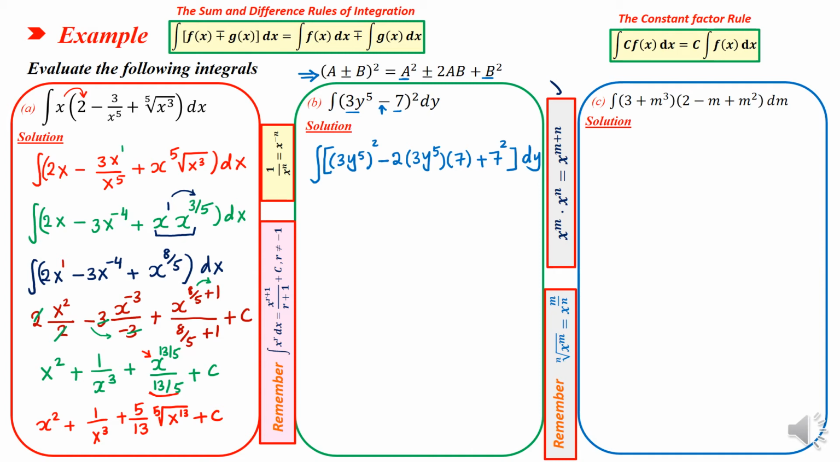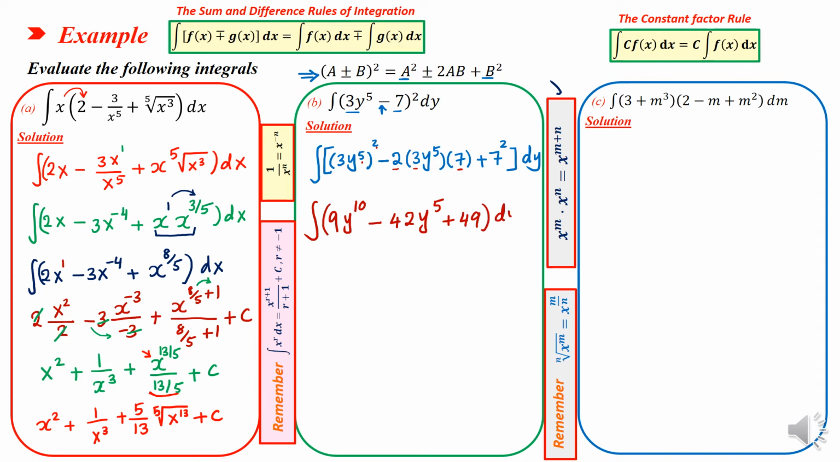More modification of the inside function, you will get 9y to the 4th power minus, here we have 2 times 3, which is 6. 6 times 7 equals 42, y to the 5th power. Sorry, here we have y to the 10th power, because we have two exponents raised to each other, so you have to multiply the exponents, you will get y to the power 10, sorry. Then we have plus 49